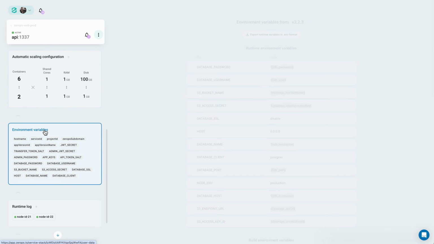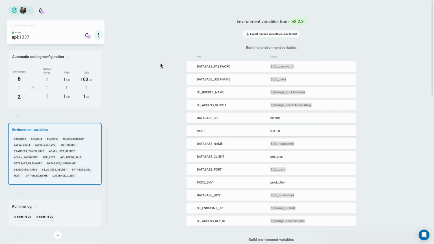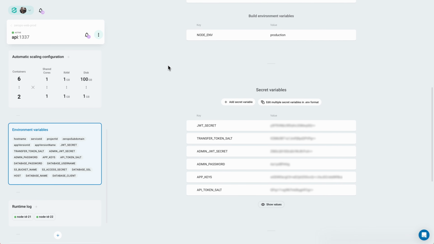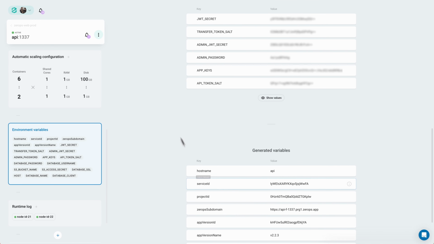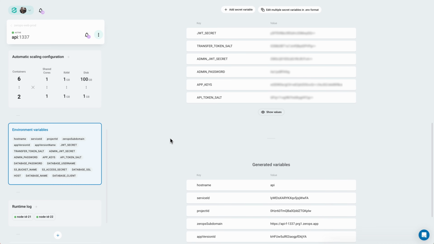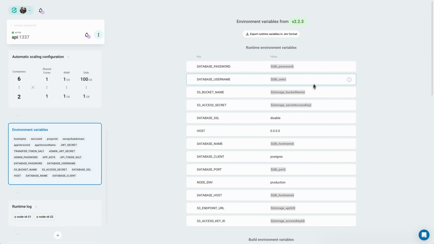Also included is the Environment Variables Management, which has 3 categories. Environment variables for non-sensitive values can be defined in the ZeroOps YAML configuration you already placed in your repository. Secret variables, which are saved inside ZeroOps and can contain sensitive values. And generated variables, which are generated by ZeroOps and are handy for automation. All categories of environment variables can reference each other as well as environments from other services.